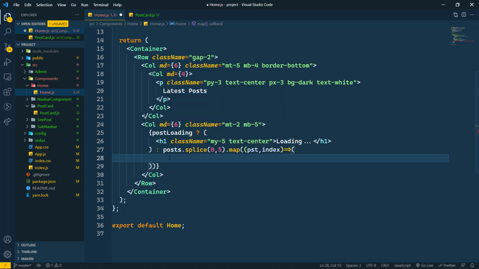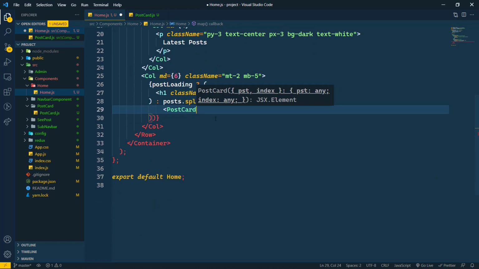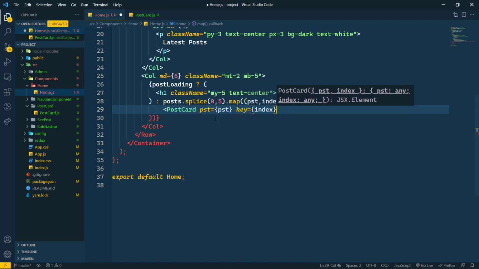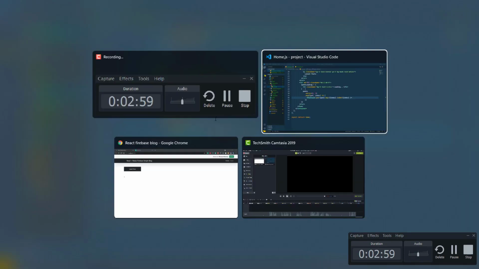That's why I'm going to write parentheses. Now here we need the PostCard component. We are importing this PostCard successfully, and here we have to send the post, and also apply the key, which will be index, and we also have to send the index here. Now just save this, and let's see what we are getting here.